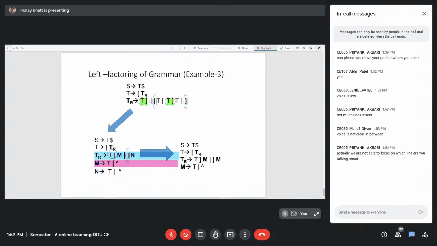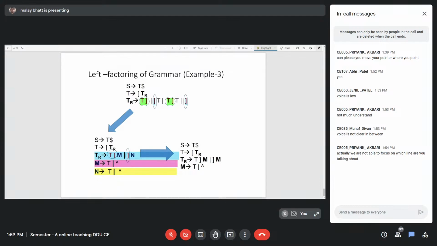So N gives T, that is the common portion from the second rule, and null is the remaining portion from the last rule. So T is the remaining portion from the second rule, and null is the remaining portion from the last rule. So we are getting this